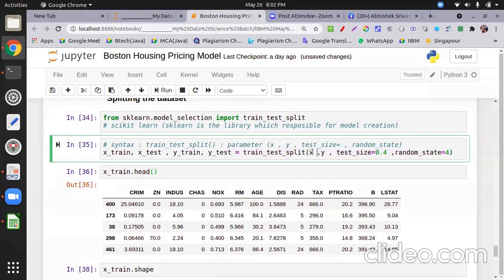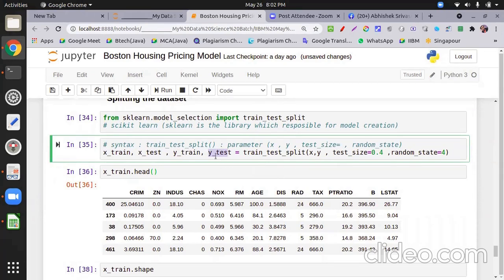I think he has not specified capital X. He has defined them. Check this one: test_size, random_state, X_train. See, there is no space in between any variable name. Sahil, done?